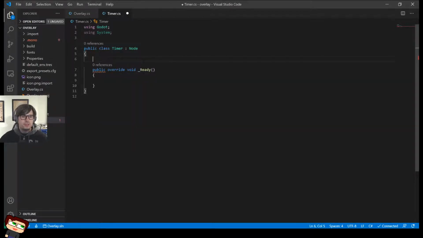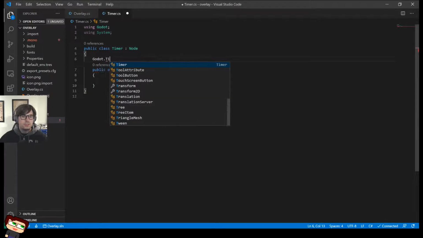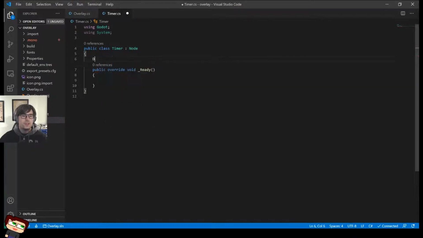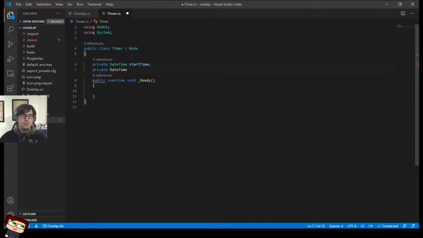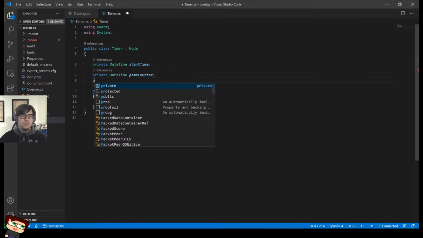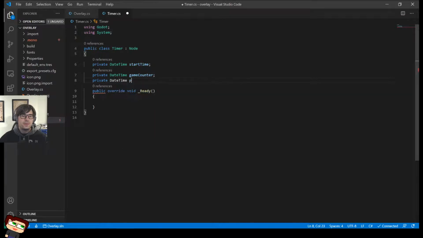A Godot thing is Godot dot timer. Yeah, that's what I thought. So I just want a date time. We're gonna make it a private variable. Call it start time. And then we do private date time. We're gonna call this game counter. We're gonna do private date time project counter.